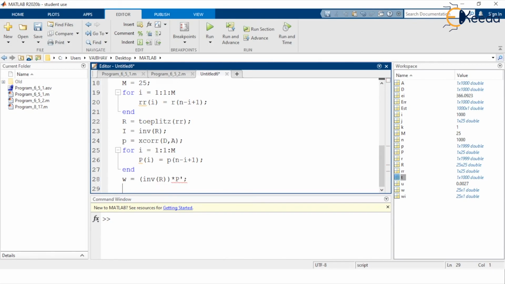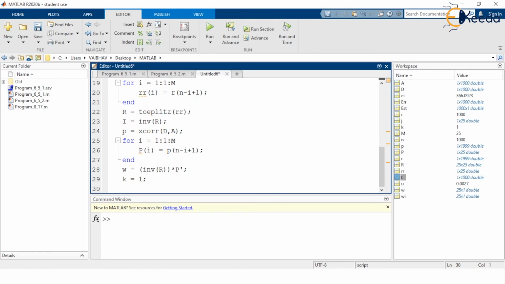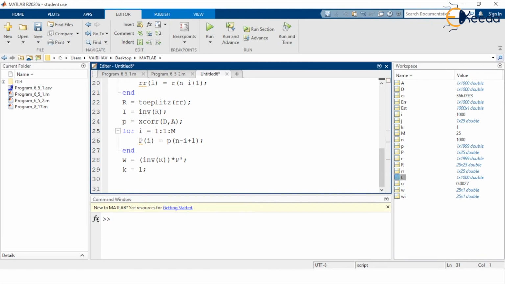Then we require K is equal to 1. We had it earlier as well, and now with this much logic we compute the estimated signal. So I just write estimating the signal.